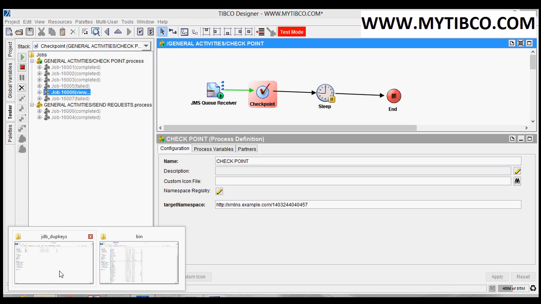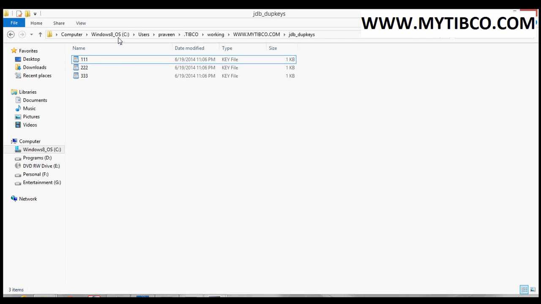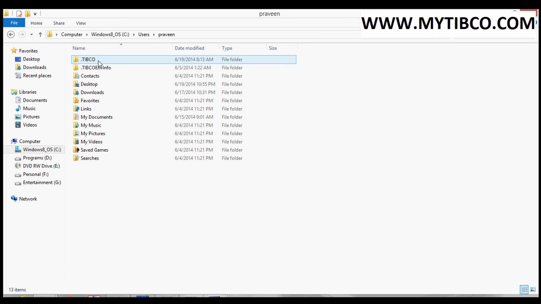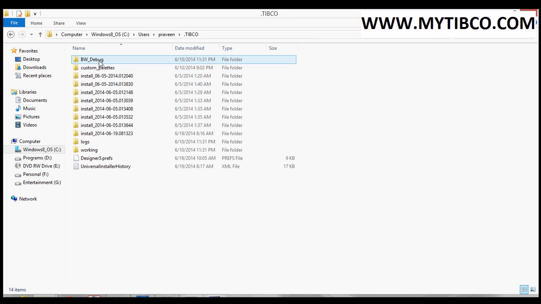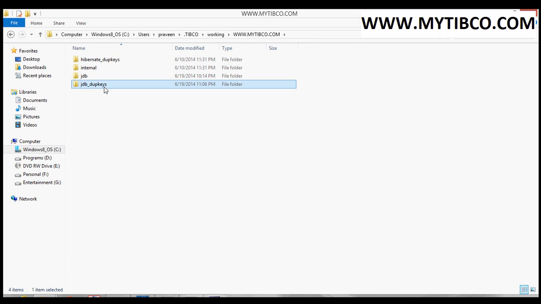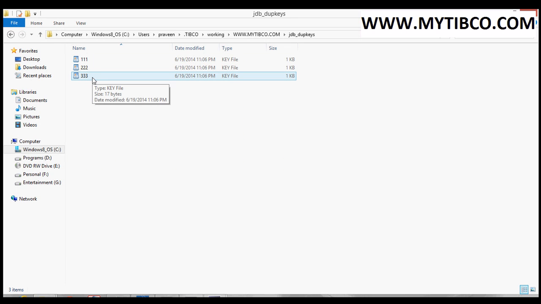It will save in the location in my computer, users, Praveen.tibco, go to working, go to project, go to JDB dup keys. If you observe, it has created 3 files with the names 111, 222 and 333 that we have mentioned as the duplicate key. So these are 3 key files.